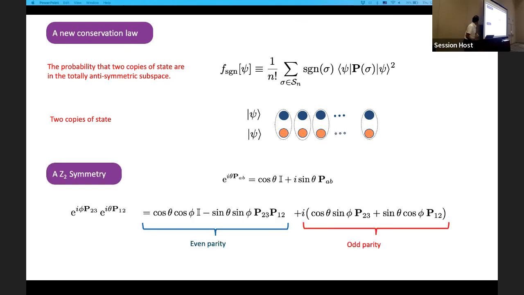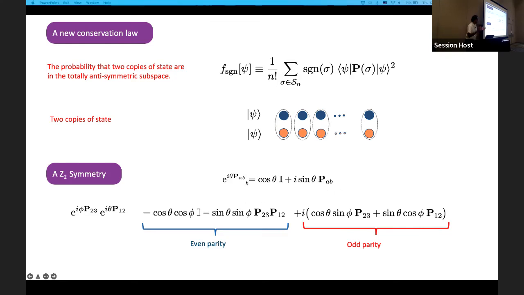Okay. Now the fact that this quantity remains conserved is in fact a consequence of a type of Z2 symmetry, a very strange kind of Z2 symmetry. The Z2 symmetry that is related to the notion of parity of permutations again. Just to quickly explain the idea, if you think about general 2-local SU(d) invariant unitaries, which can be